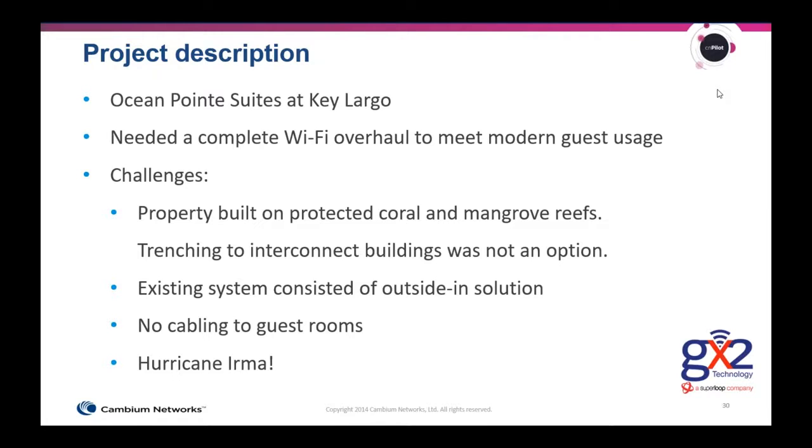So it was a full suite of Cambium products employed to provide a solution. And midway through the design, the hurricane hit. So all of our best laid plans of how we were going to put the solution in place completely got disrupted, and a project that might have taken us a couple weeks ended up taking us close to 6 months to light up and fully